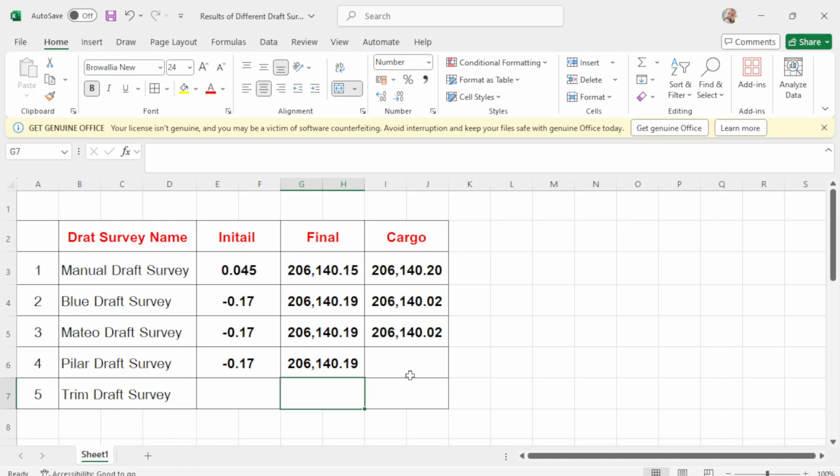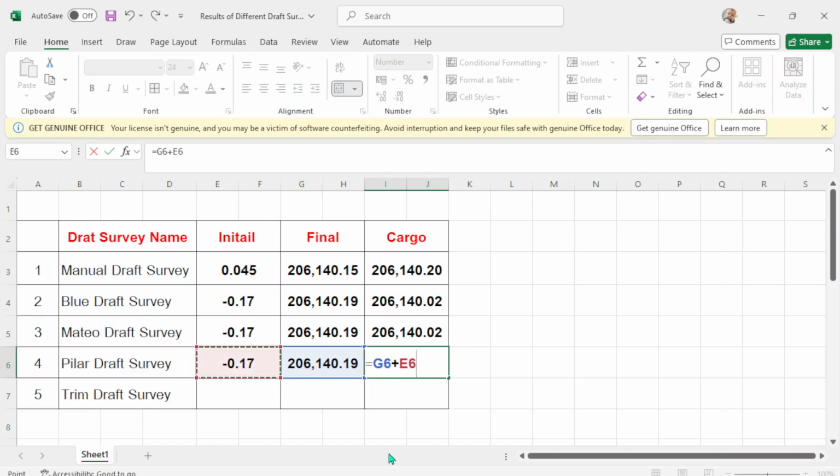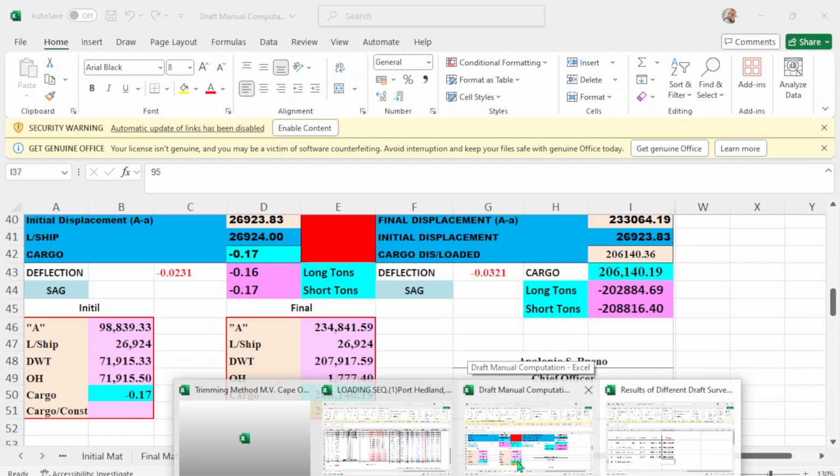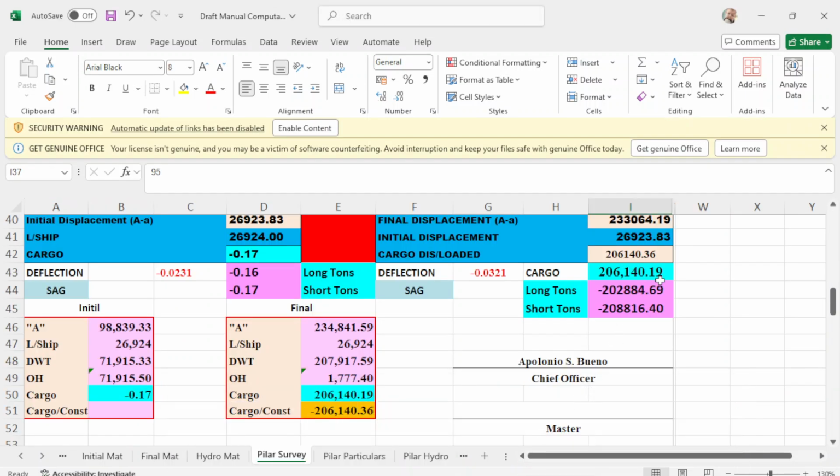And your cargo will be equals plus this one will be 104, 140.02, 140.02. Okay,